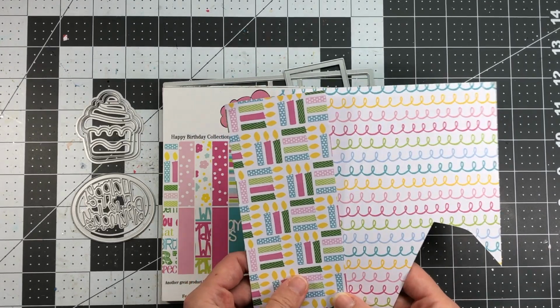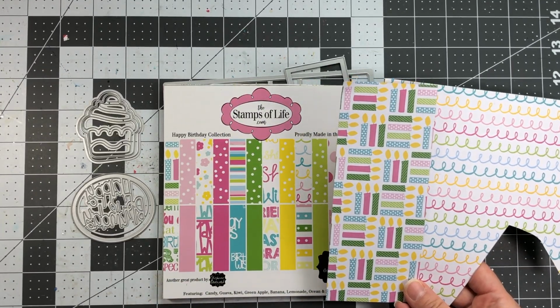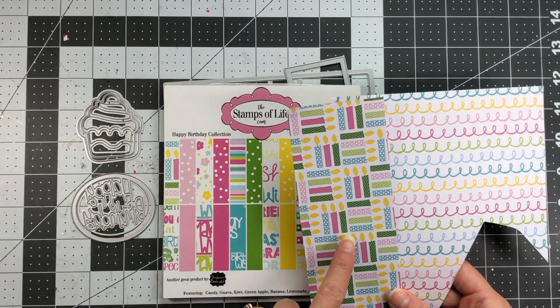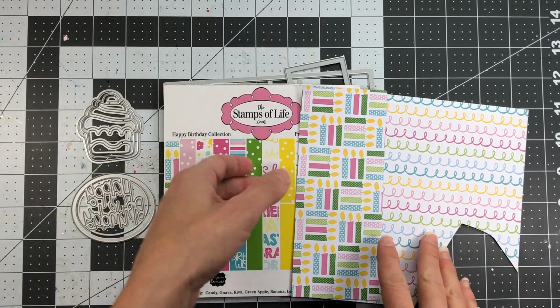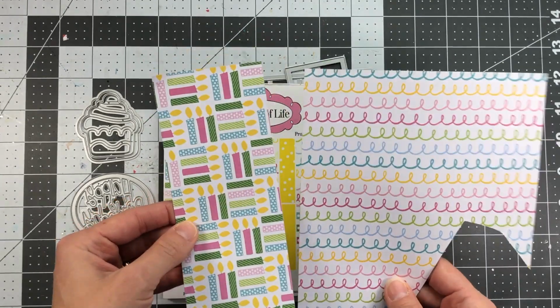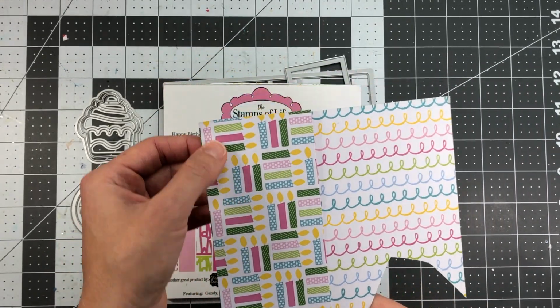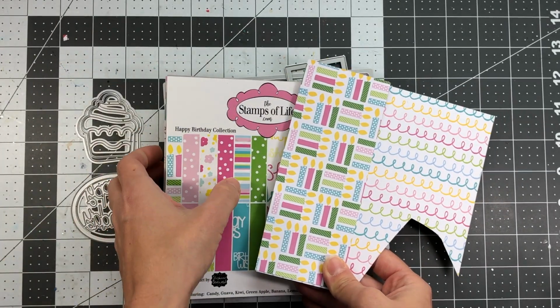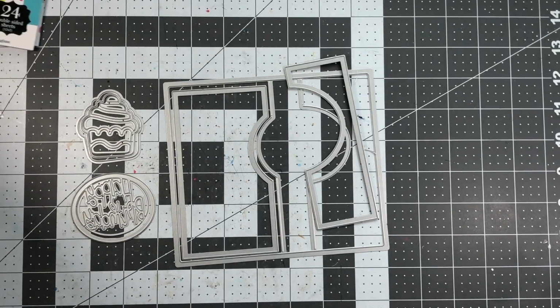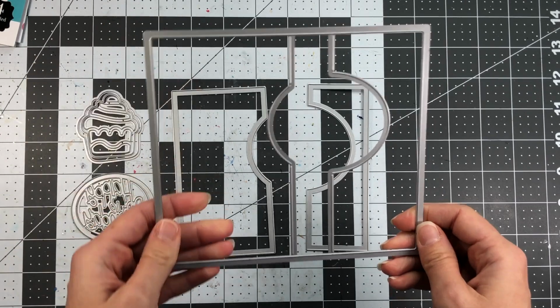And then I'm going to look at the colors within here and also look here at the bottom of this paper pad and see what colors coordinate with this. And I've chosen to use the guava, which is this dark pink color, as my card base. I think that if I layer these panels on a dark pink colored card base, it would make this card really pop. So what I have done is I have taken my large die in the set,